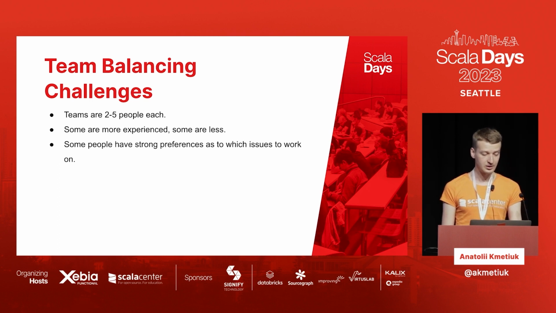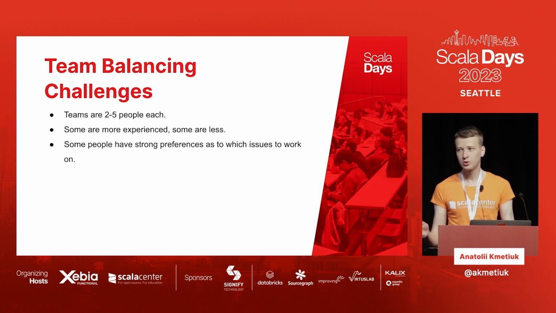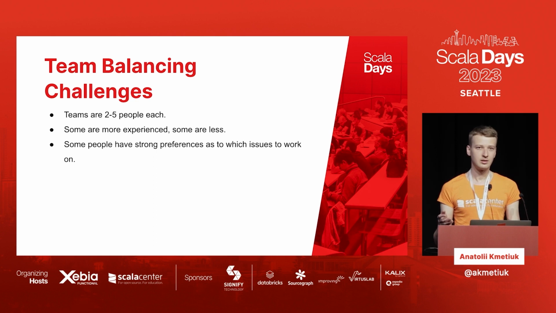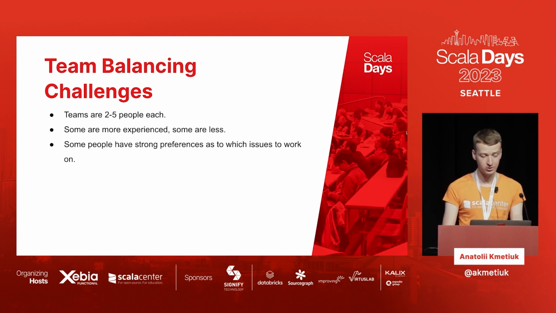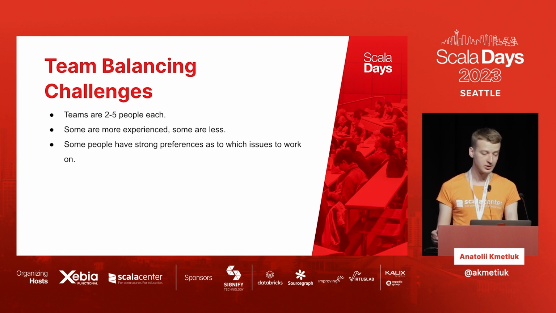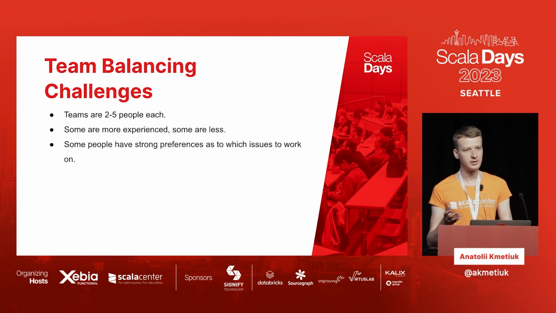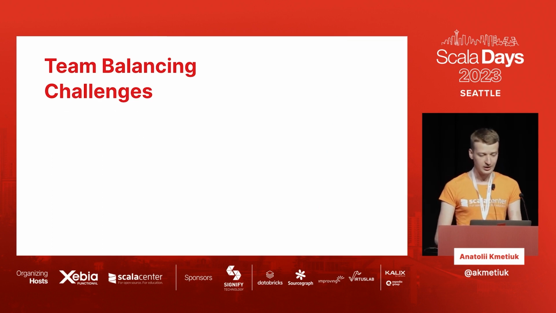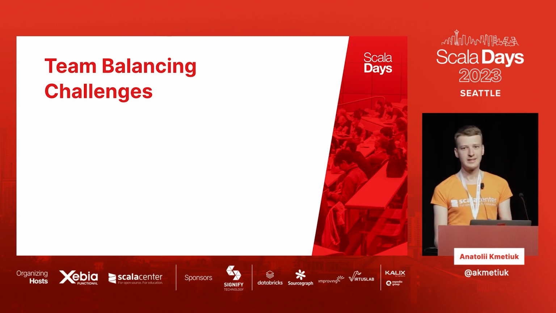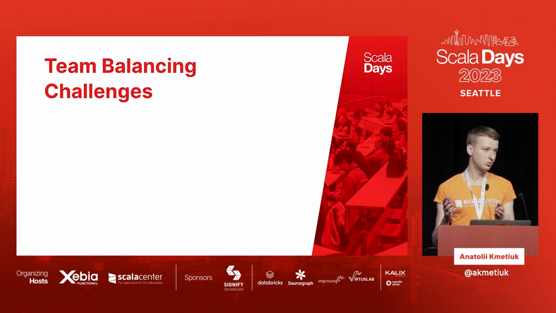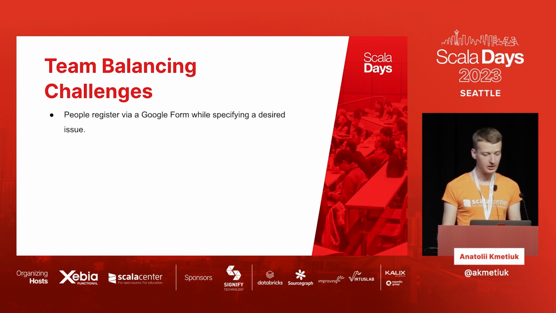Another thing is that some people do not have a preference what to work on. Some people are more focused and they know what they want, so that also needs to be taken into account. So the point is there are many different people with different backgrounds and different preferences, and all of it needs to be taken into account. So this means we need to modify the procedure of how to know who wants to work on what and who is going to come to the spree.